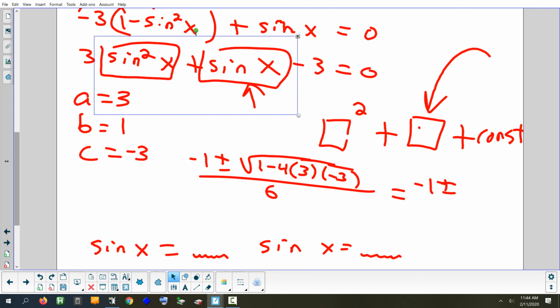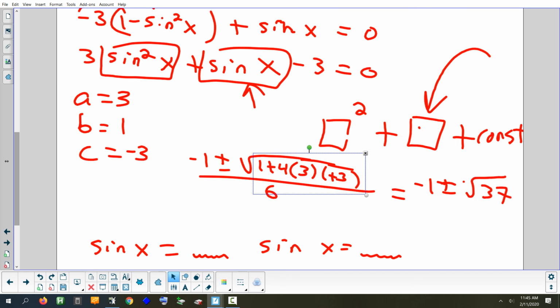All right. Minus a minus, what happens there? We have -4 and then the -3. That's going to become a positive. And what's 4 times 3? 4 times 3 is 12, times 3 is 36. Plus 1, 37. So now you can see it was never going to factor. If it factored, you would have gotten the square root of like 25 or 36. You would have gotten a nice number. Right? All divided by,